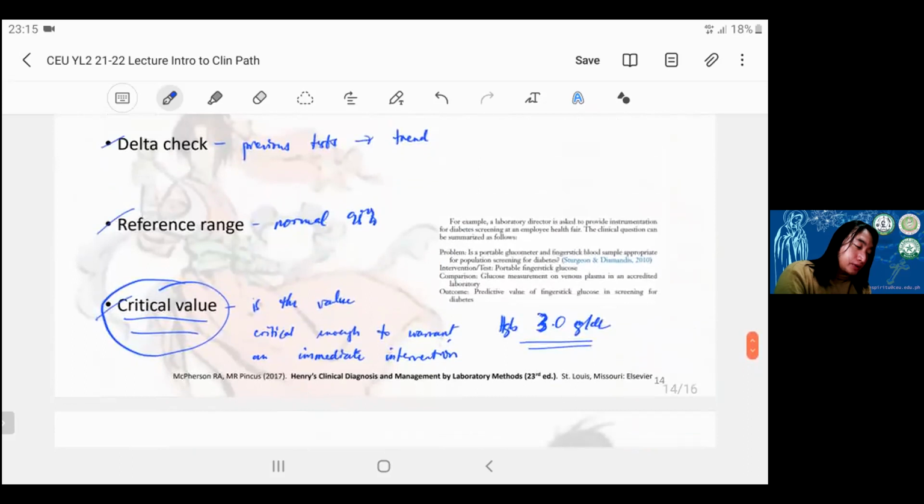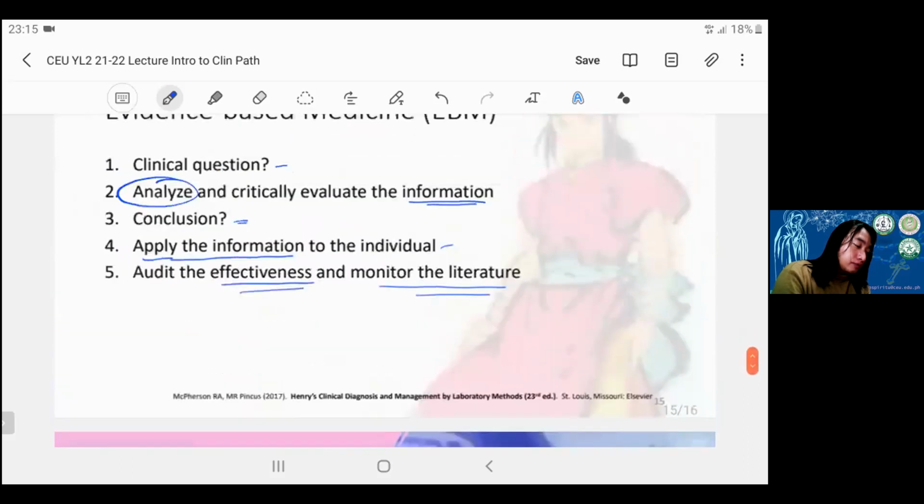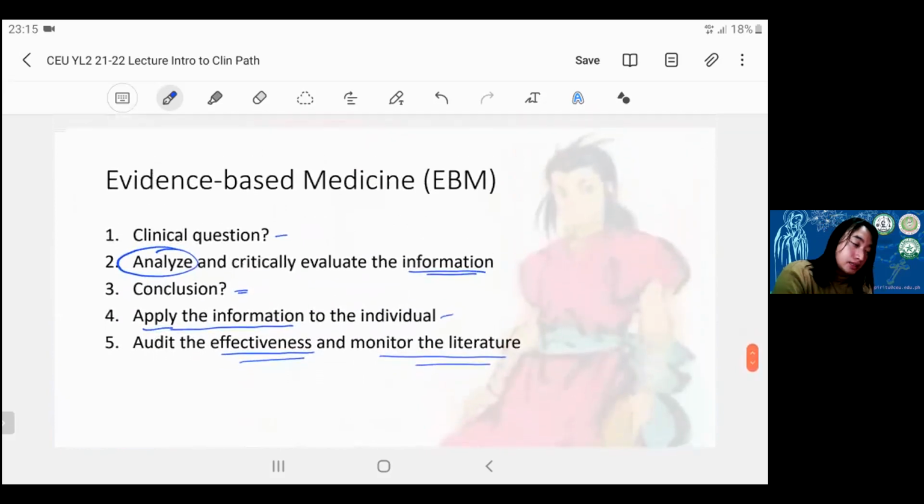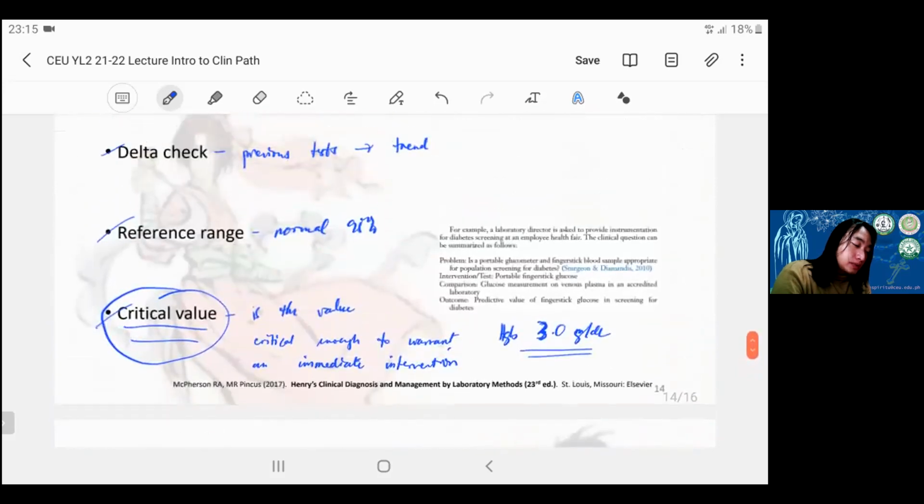So here is an example. Usually for us to establish evidence-based medicine, we use the acronym PICO. So we identify the problem, give the intervention, and compare it with another intervention or experiment, and then monitor the outcome. So here in this problem,